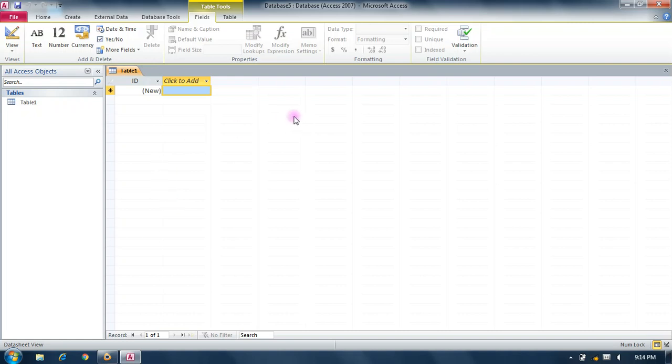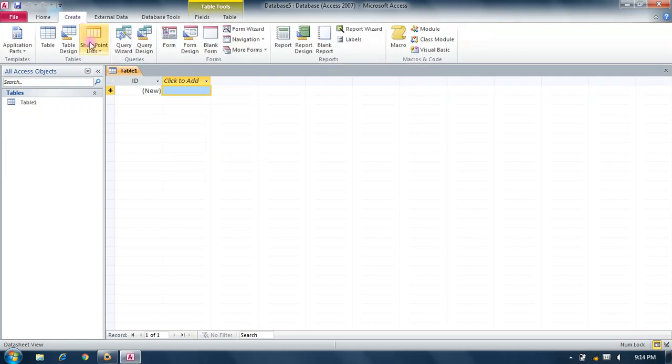A database contains different types of objects like table, and these objects you can see in the create group: table, query, form, reports, macro and codes. What is a table? As you know, a table is made by the intersection of rows and columns, and it is used to store data.